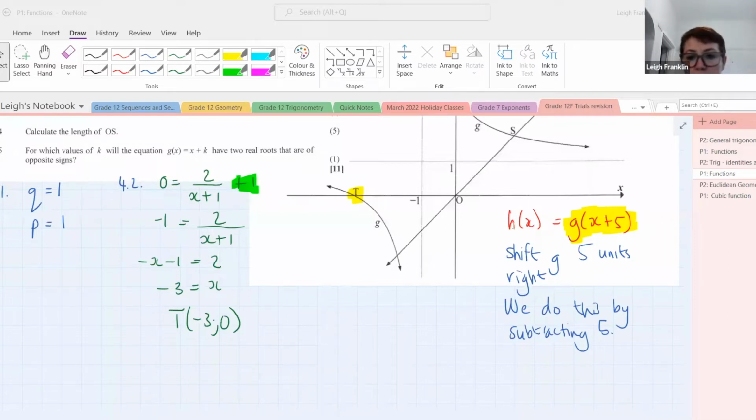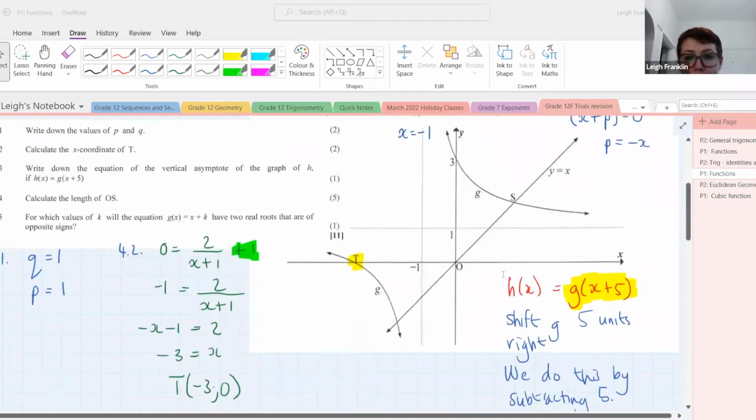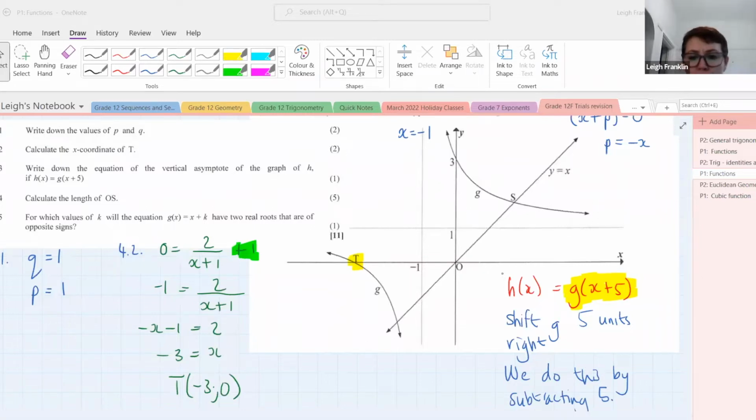So in other words, it's going to end up being, yeah, so g, sorry, I'm just getting lost in my own thoughts here. h of x equals g of x plus 5. So yes, they want us to shift it 5 units to the right-hand side. That's an instruction to move it to the right, because they want us to plus 5. How do we do that? We take 5 away, then it's going to end up being,